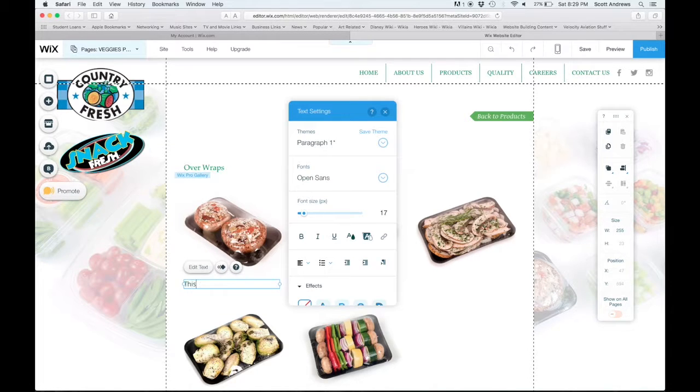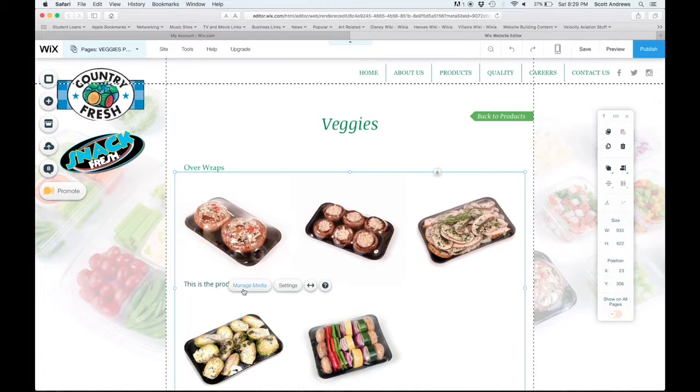This is the product. All right. Exclamation point. All right. So now that's going to be listed there underneath the product as its description if you would like to have that there. Now, if you would like the description to also show when a person clicks on the product, first I'd like to show you